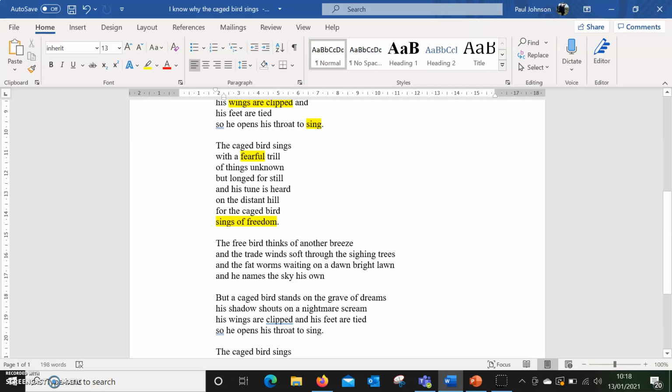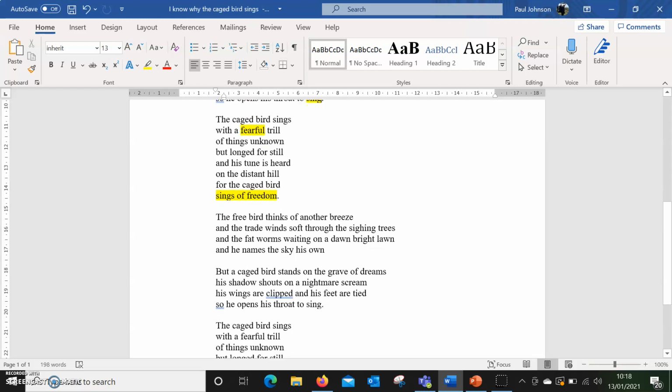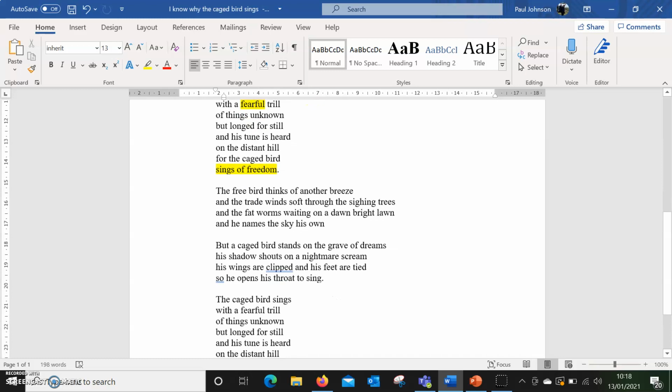So then again, you've got this free bird, and the idea that maybe this free bird is symbolizing the white man, and the idea that this free bird has all these things, and it's got the fat worms. A bird literally eats worms, but also the fat worms maybe represent the money and the opportunities which are open to somebody who is from a white background, who almost naturally have these things because their skin color isn't a barrier to them, versus this caged bird, sort of this nightmare,